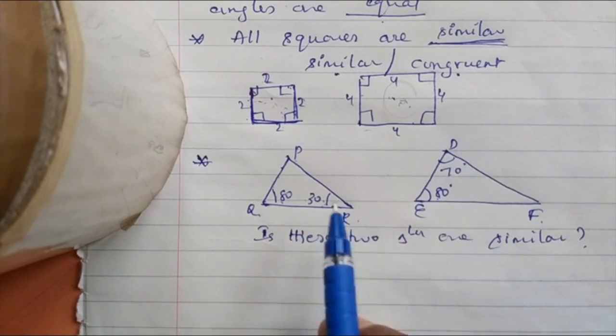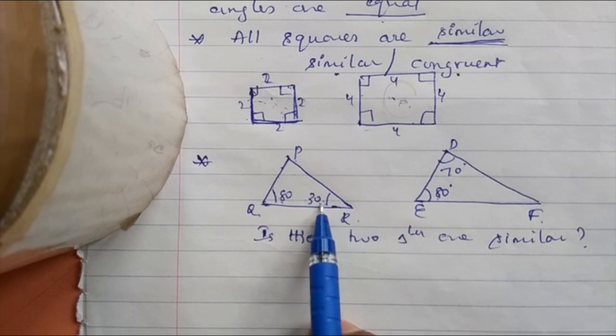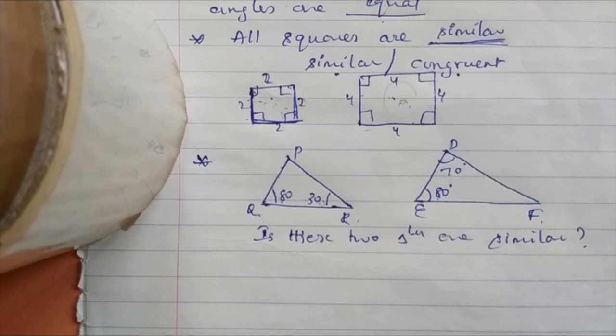Usually we go for these two triangles are not similar, but that is wrong. When we study two triangles, study it carefully. Just by observation, here 80 is equal to 80, here 30 is not there, so we confirm that the triangles are not similar. Actually, saying the triangles are not similar is wrong. The triangles are similar. For this, the answer is yes.